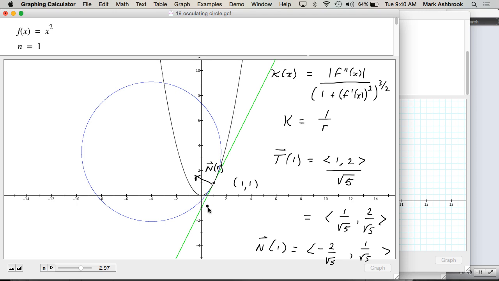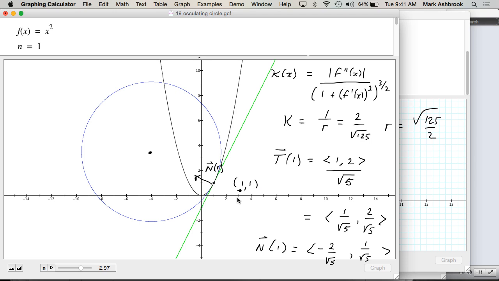And then what are we going to do now? So we're going to start at (1, 1), and we're going to go how far? What'd you guys get for the curvature? 2 over square root of 125. You can work that out later. Therefore, the radius is square root of 125 over 2. And we're going to go that far in the direction of N, starting from (1, 1). So the x-coordinate will be